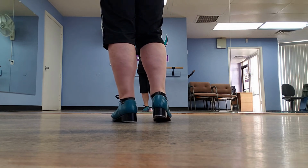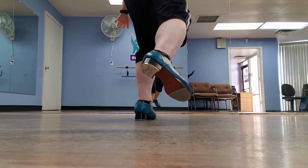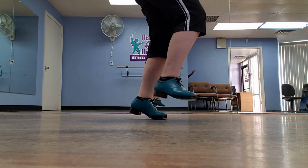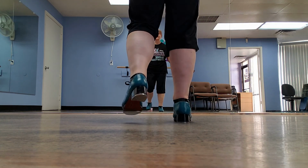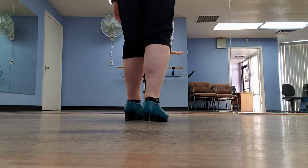5, 6, 7, spring, step, shuffle, heel step, spring, step, shuffle, heel step, step, tip, step, heel step, right, left, spring, step, shuffle, heel step, spring, step, shuffle,